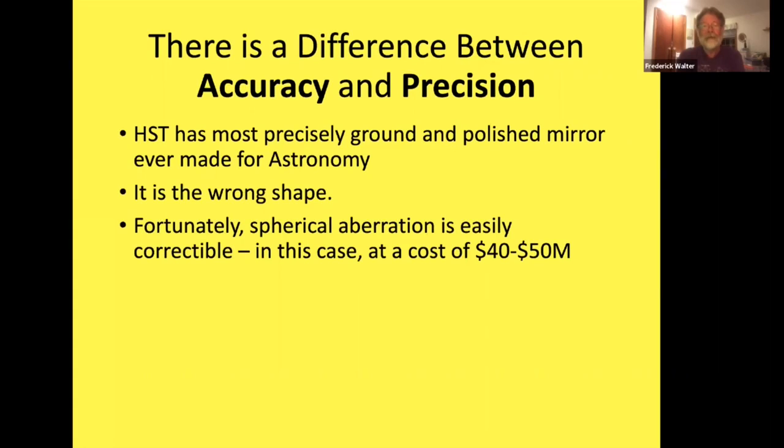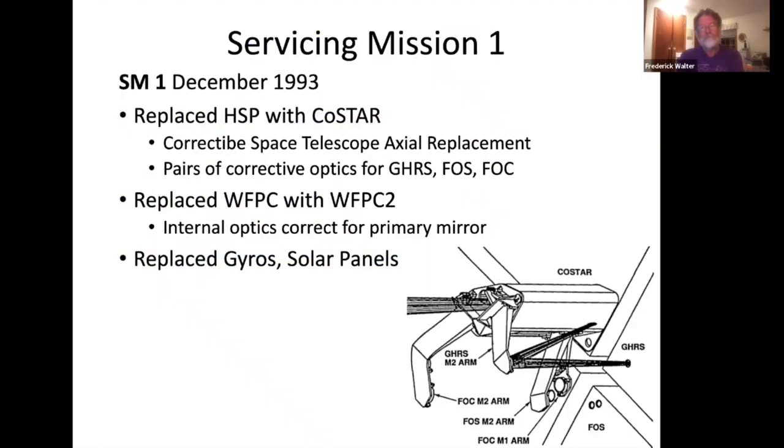It's inaccurate. Fortunately, it's a spherical aberration. It's radially symmetric, and it's easily correctable. In this case, it would only cost NASA and ultimately the taxpayers $40 to $50 million. And it was fixed in 1993, about 3.5 years after launch. In the first servicing mission, the Hubble,